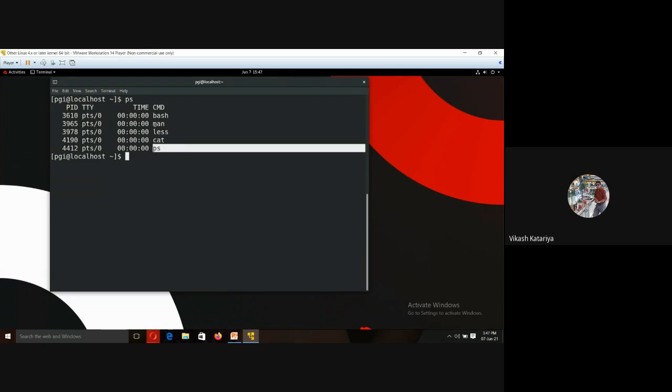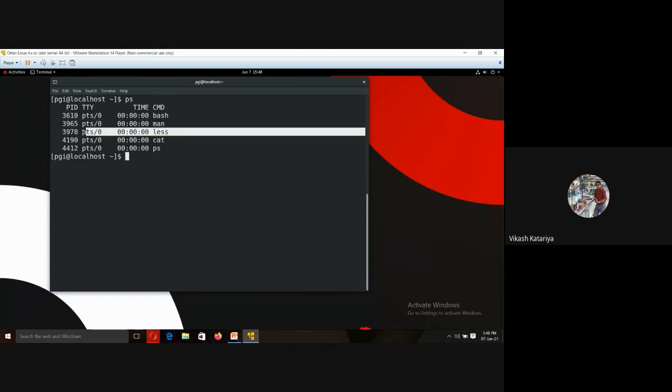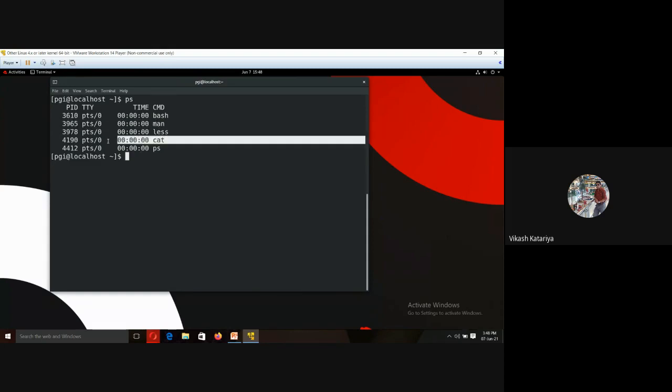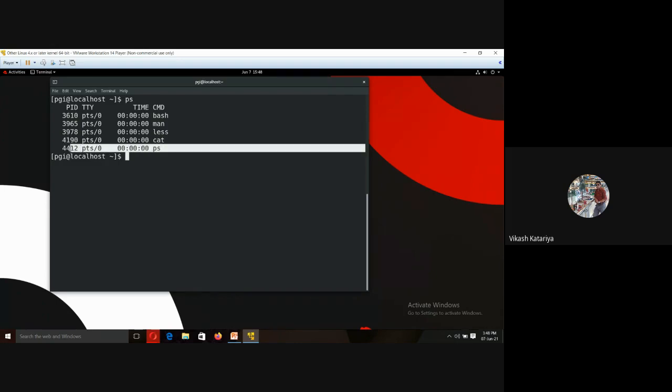So these are the processes which are currently running on my system. I have run the man command also, that is why this process comes into the picture. Less is a default process. Cat, I am using the cat command for creating a file, so that is why this process comes into the RAM. And right now we have run the ps command, so this process comes into the RAM.